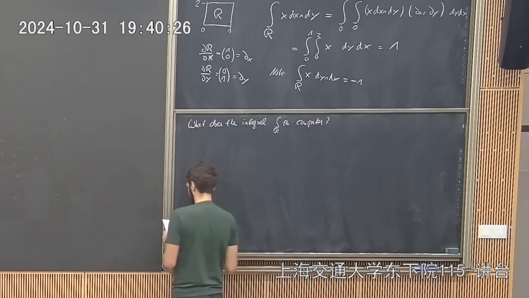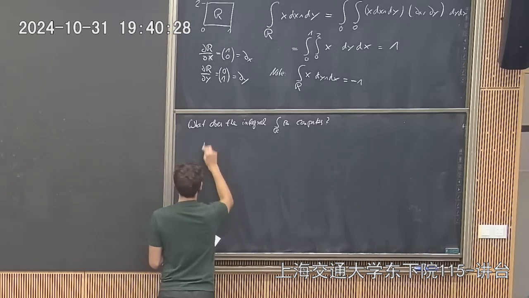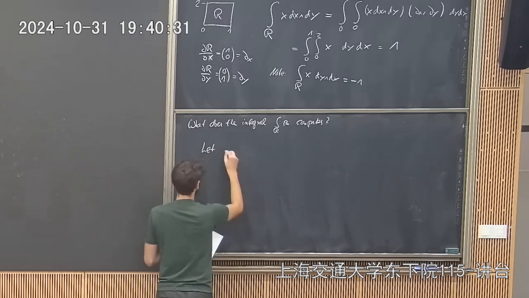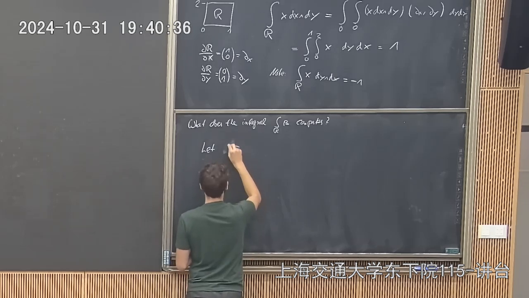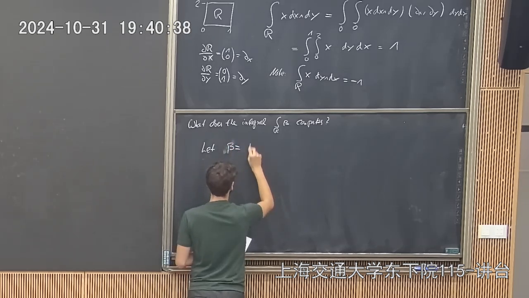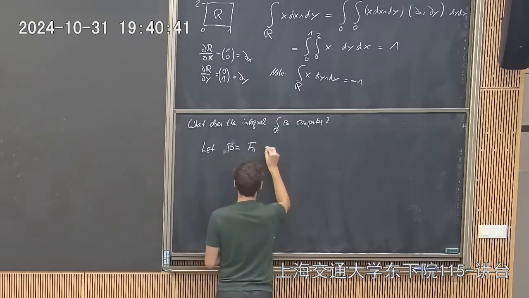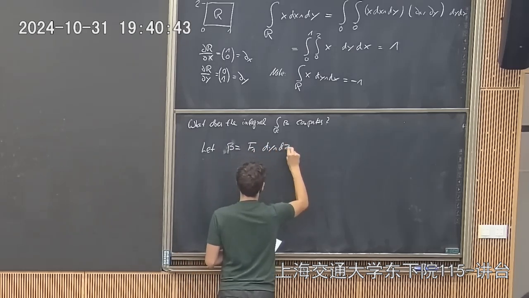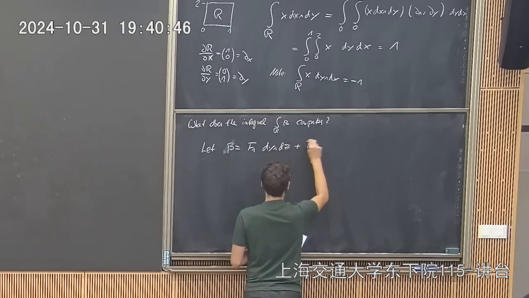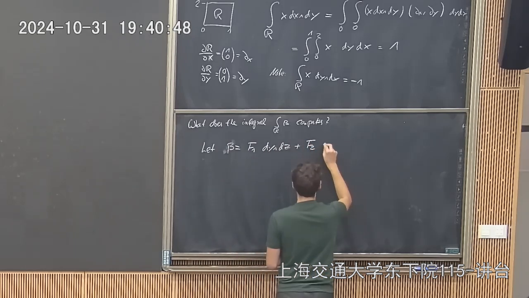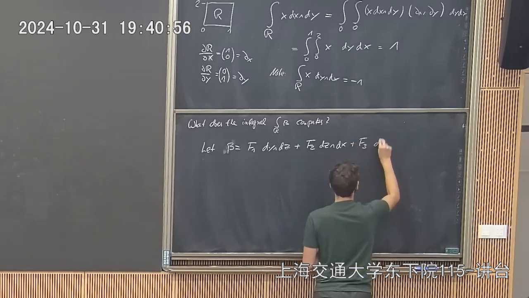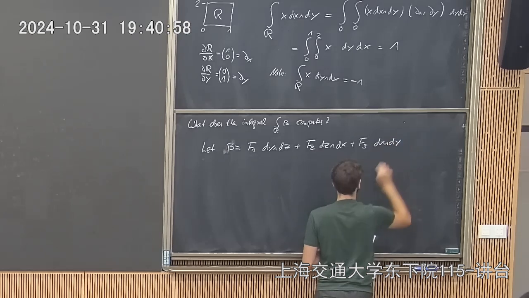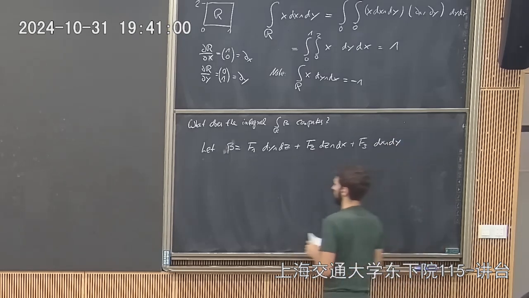What is the meaning of this number? So let's assume that beta is of the form f1 dy dz plus f2 dz dx plus f3 dx dy. And that's